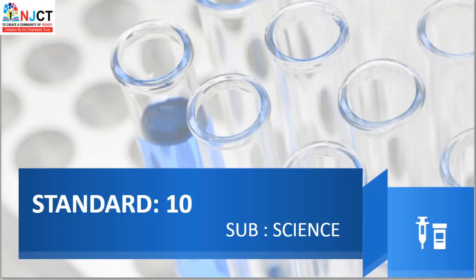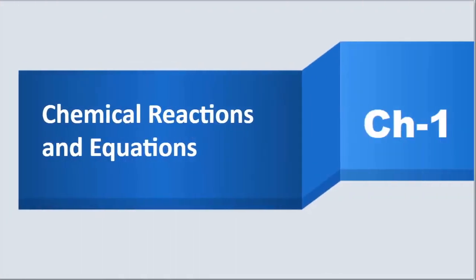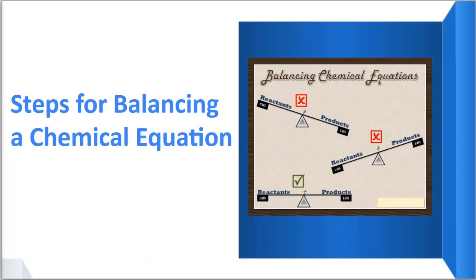In our previous video, we started the chapter number 1, chemical reactions and equations. In this chapter, we have learned the physical and the chemical change and also performed two activities, activity 1.1 and activity 1.2. From those activities, we have learned how to write a chemical equation. In our recent previous video, we have learned the balanced and the unbalanced equations, and today we will continue that topic, which is balancing of chemical equations.